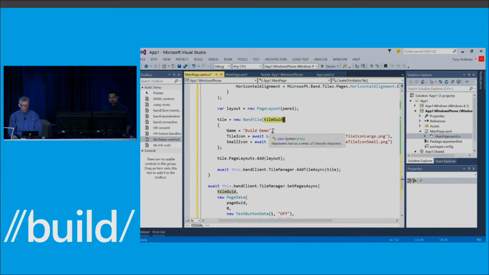And the first thing we want to do is give it a name. So the name is important because when the user goes to the Microsoft Health app and they go into the Manage Tiles section on there, what you'll see is at the bottom, after all of the first-party tiles, you'll see a list of third-party tiles. And this is how your tile will be identified in that list. Okay. And then we're going to set up the 2 icons that we want to use for that. Okay, so now we've got our tile object. It's fully made. It's got its layout. We've added the layout here, and now we can go to the tile manager and just say add tile. Okay, and that's what's really doing the work to set that up.